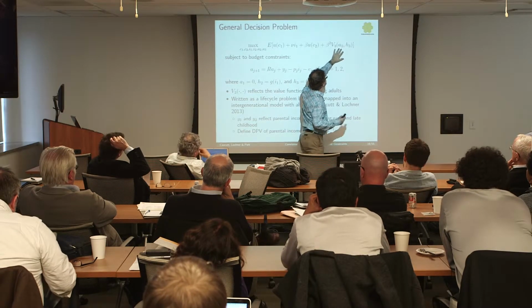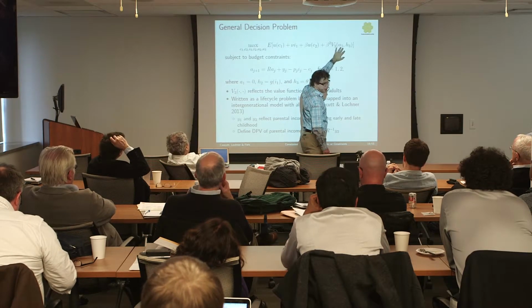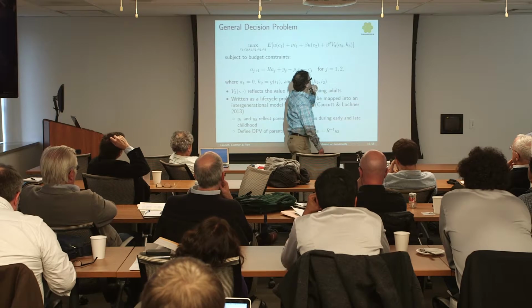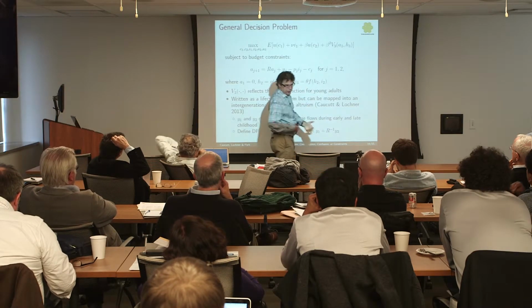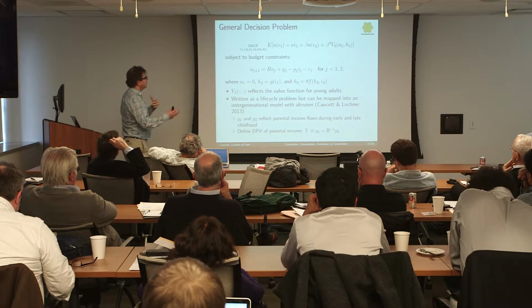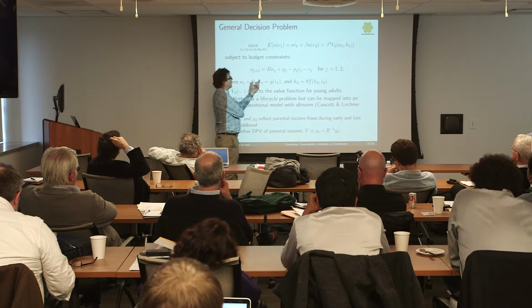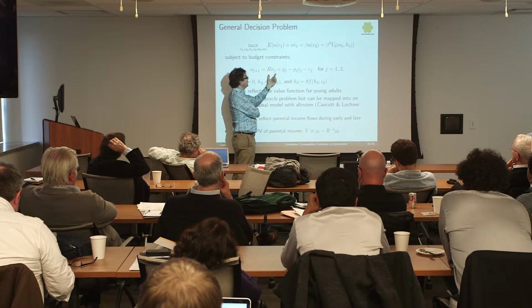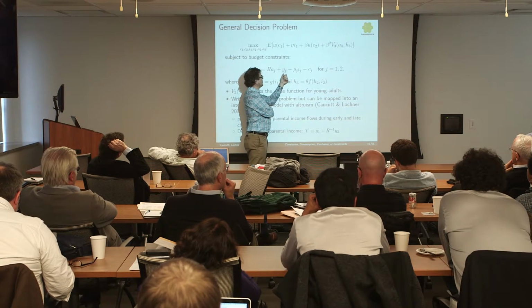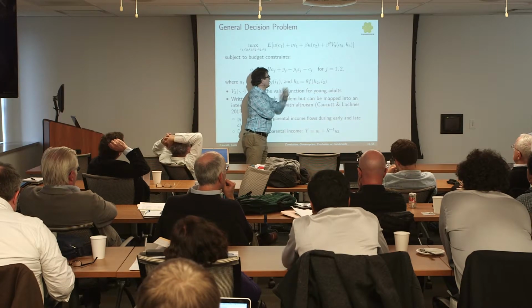For a lot of what I'm going to talk about, there's going to be 3 periods, and it's utility of your consumption in that period. But when we get to borrowing constraints, we'll talk about how future borrowing constraints might create some differences there. Your budget constraints: you basically have some savings that you get to spend. You get some parental income. You spend it on investment and consumption.